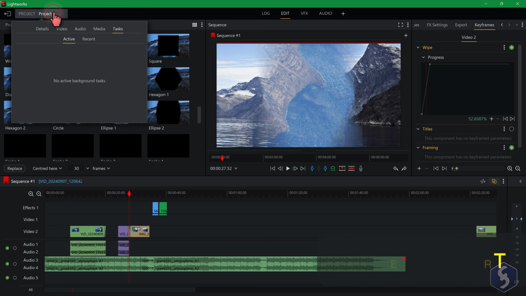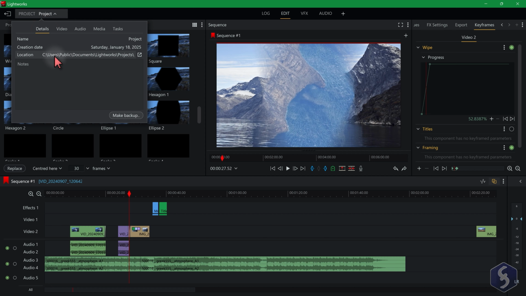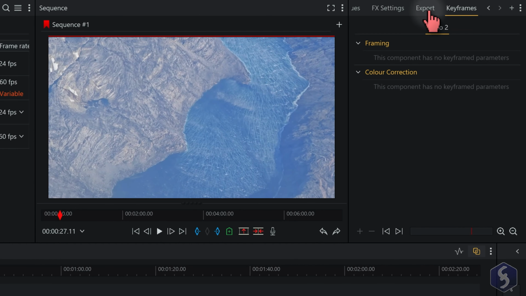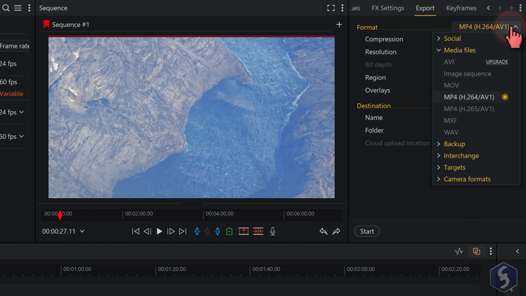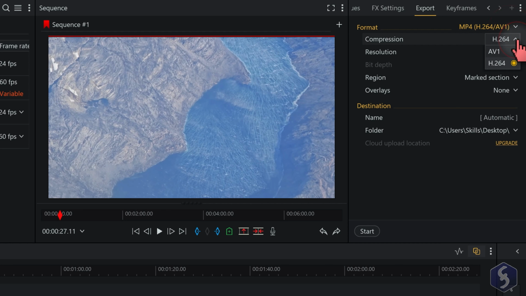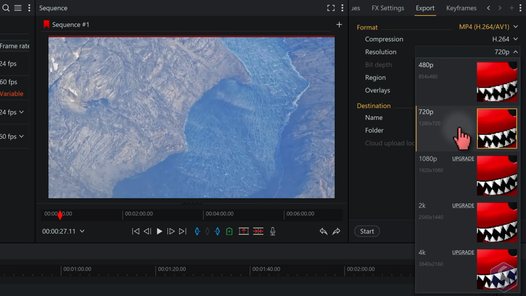Your project is automatically saved to the path specified in the Details section at the top left corner. To render your sequence into a video file, open the Export panel on the right. The free version allows you to export videos in MP4 format with a maximum resolution of 720p HD in landscape,